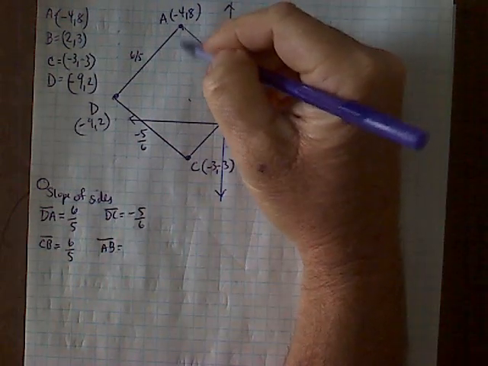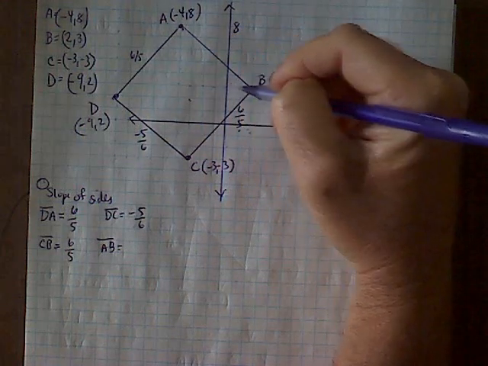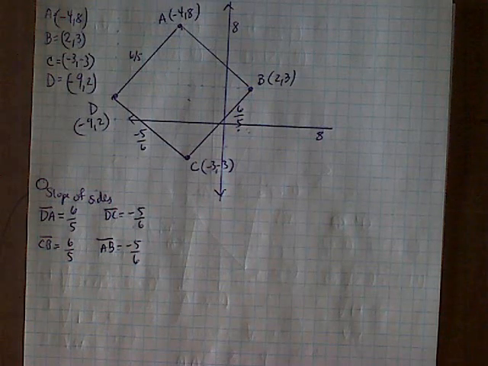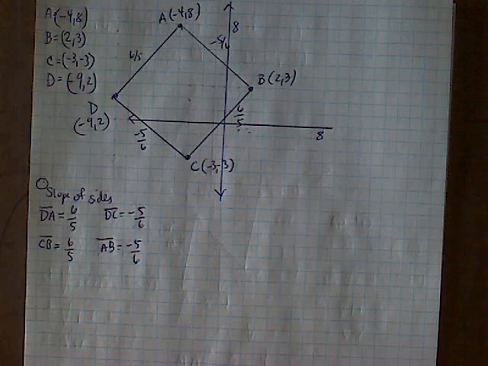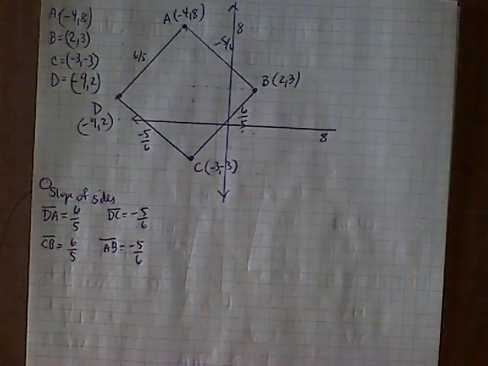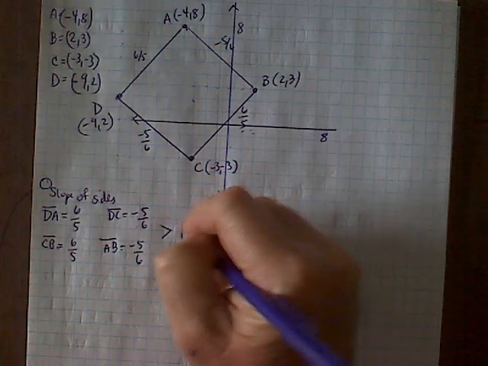So we'll go down 1, 2, 3, 4, 5 over 1, 2, 3, 4, 5, 6. So negative 5, 6. So that determines that it is a parallelogram. Okay? We have opposite sides being parallel. Now, that also not only tells me that it's a parallelogram,